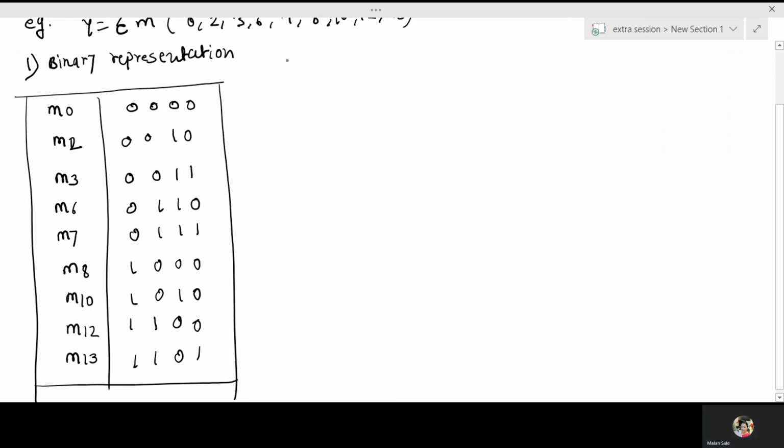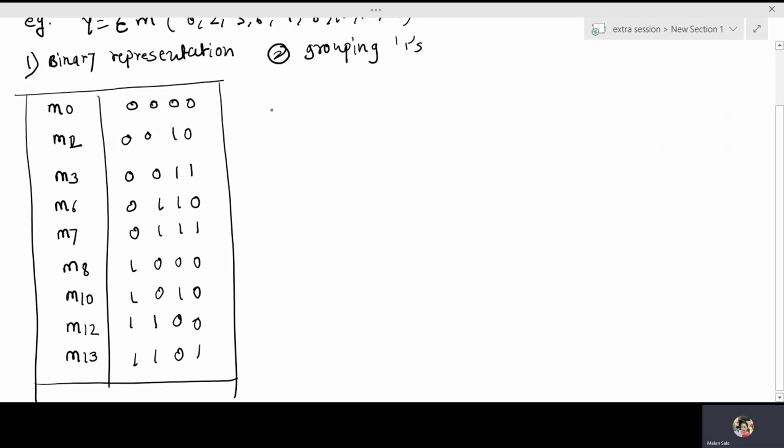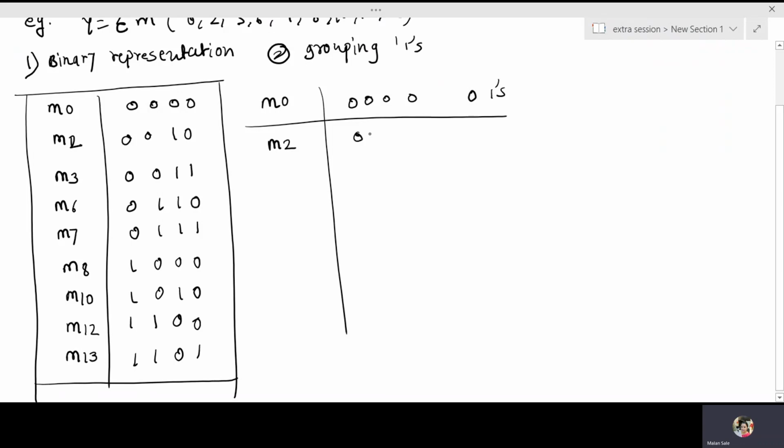Second step is grouping based on the number of ones. Now make the groups. M0, with 0000, has zero ones. Next one, M2, 0010, then M8, 1000, has one one. Third group